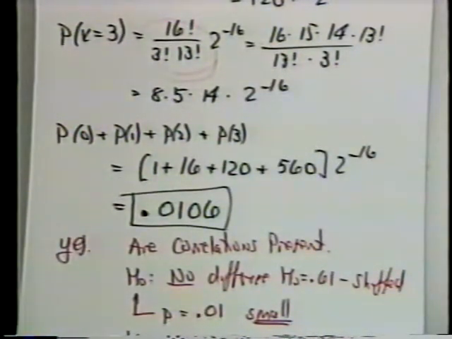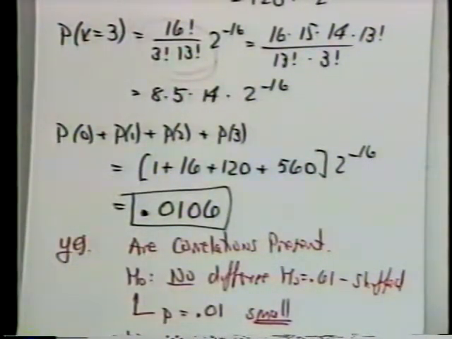Spiegel? No, they're not in Spiegel. That's not a bad guess. But they're probably in, I'm not sure, but they're probably in Abramowitz and Stegun's Handbook of Mathematical Functions, because everything you'd want to know about statistics, or any tables of numbers, is in there. So that would be a good place to look it up.